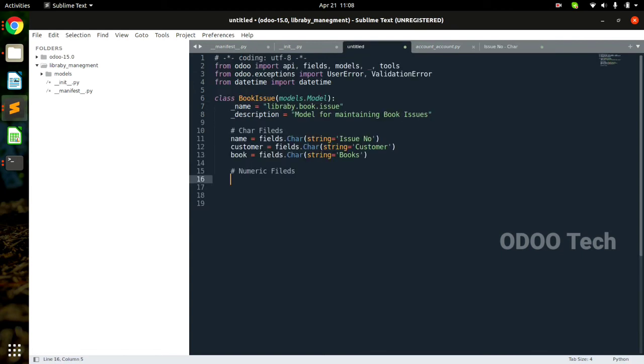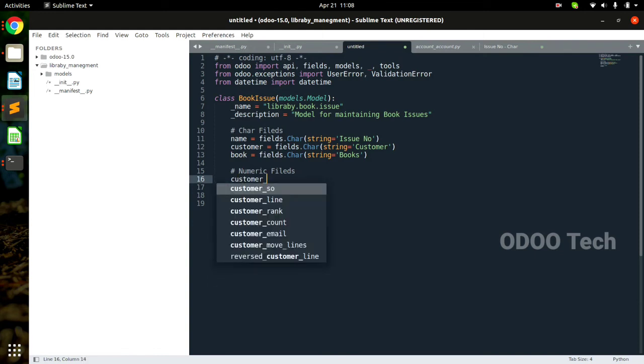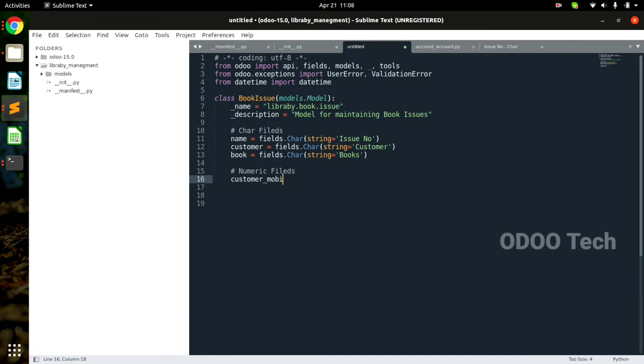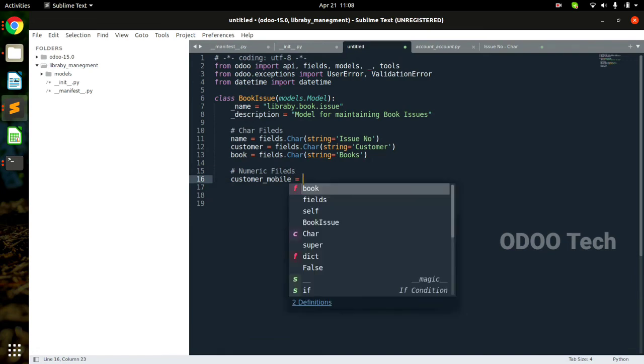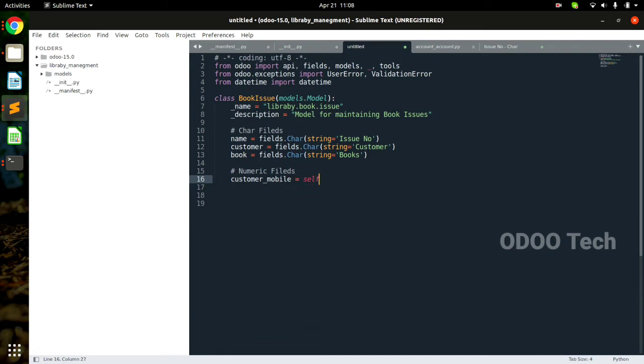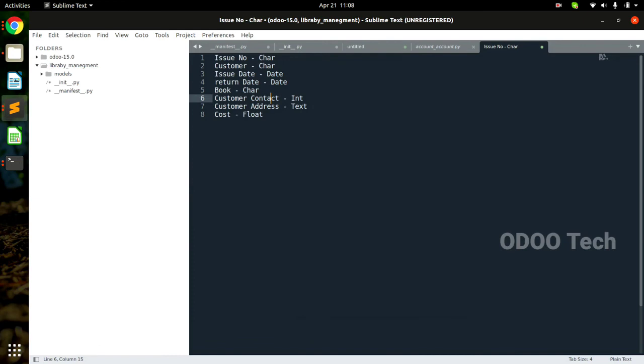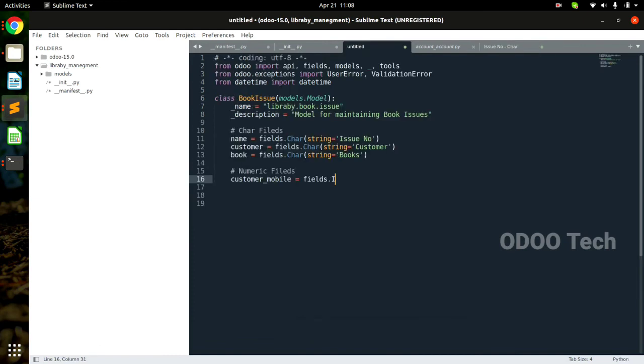So I'm gonna write the same, customer mobile is equal to fields dot, what is the data type? Integer. So I'm gonna write the entire Integer, but I is capital.